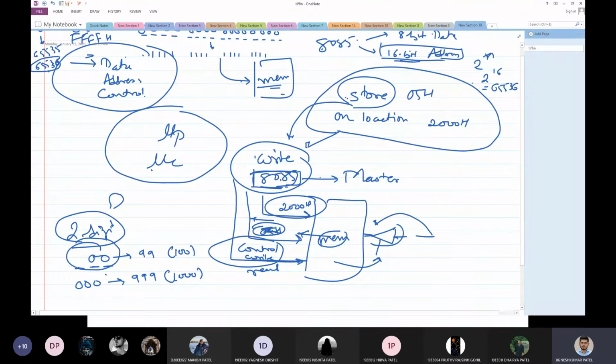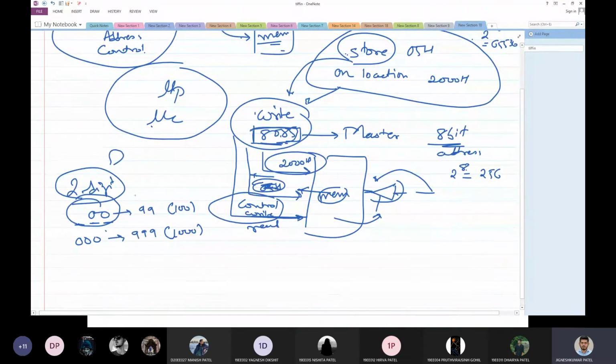If I have an 8-bit address bus, this is just an example, in that case I will have only 2^8 possibilities, and that results in 256 unique numbers. The same example can be given with this: if you have a 3-digit decimal number, you get 10^3, that is 1000.